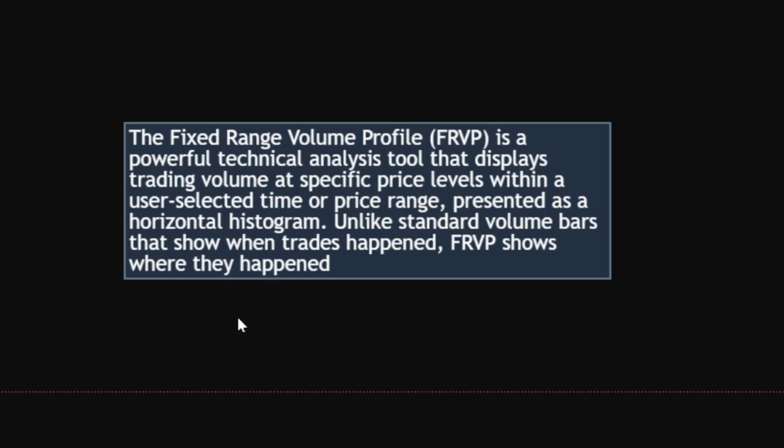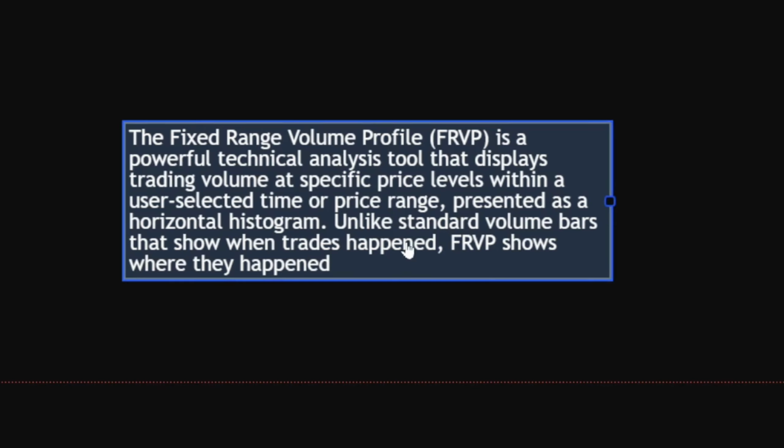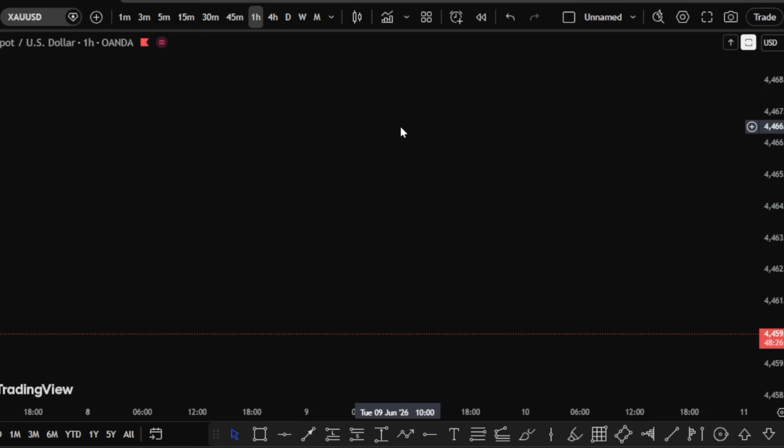The fixed range volume profile, FRVP, is a powerful technical analysis tool that displays trading volume at specific price levels within a user-selected time or price range, presented as horizontal histograms, unlike standard volume bars that show where trades happen. Okay, so when you want to use the traditional volume, you used to come to indicators